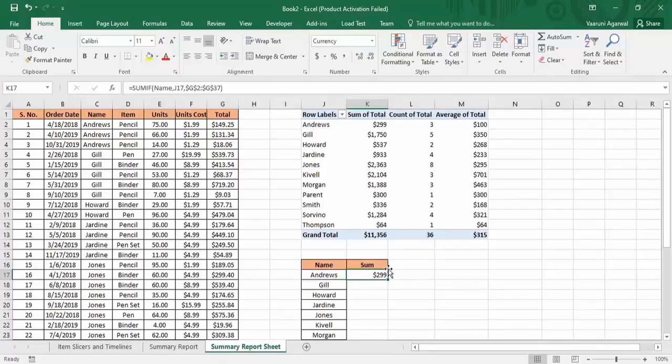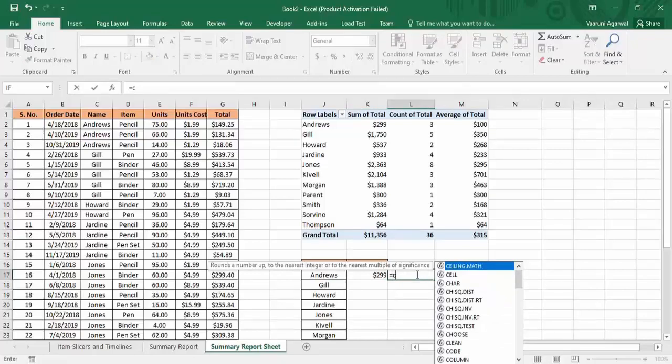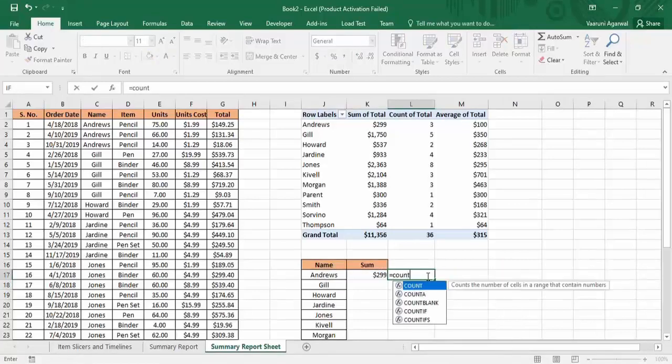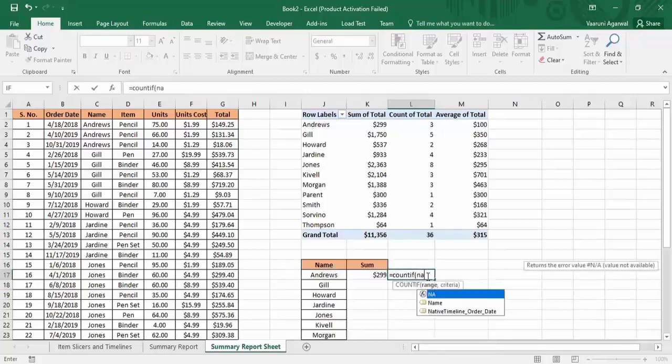Okay, now the next thing is the count. So for that purpose you can also use the COUNTIF function. So simply just type in COUNTIF. The range is going to be name, put a tab, and the criteria is going to be this Andrews. Close the parenthesis, press enter. That's 3, exactly equal to this, and then we've got to